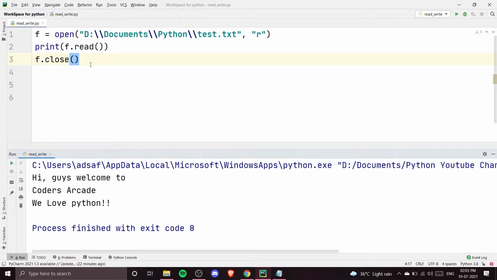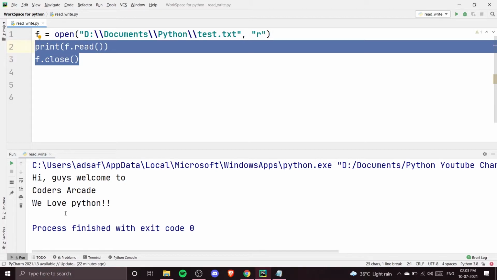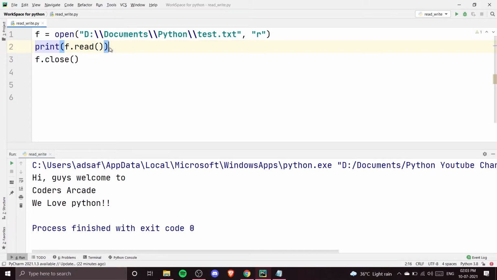So I want to do that. This code will just read the whole code, all the lines at once. We don't want that. Instead, I'm going to create a for loop. I'm going to iterate over each of the lines so that one by one we read it, and one by one we see what is happening on each line.